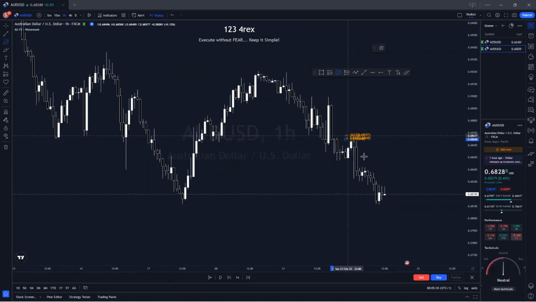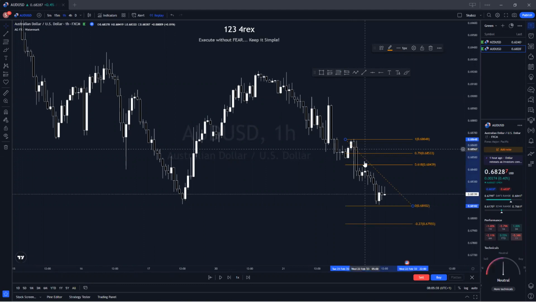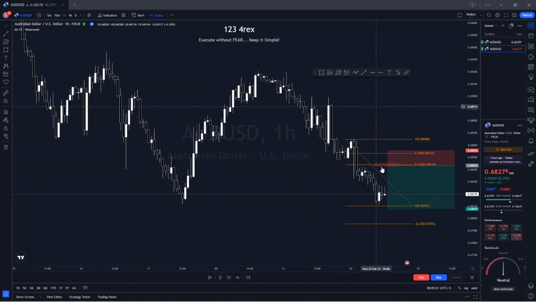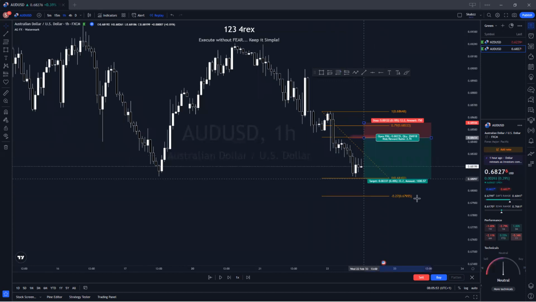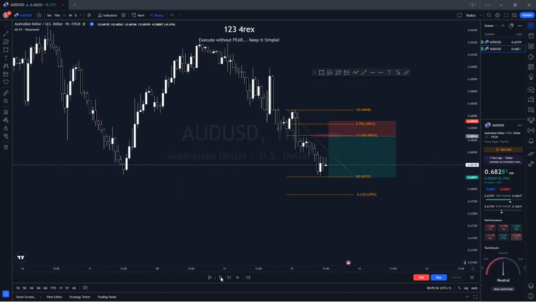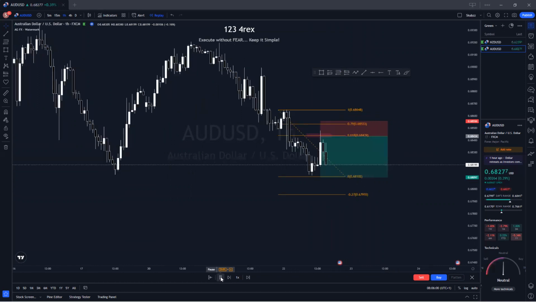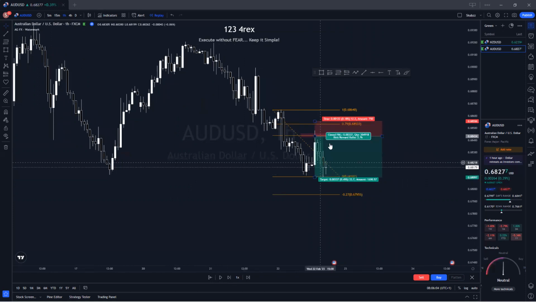We dropped our Fibonacci from here to here, and where we were looking out for was around here, around the 0.618. And look what we had. Price came, tapped it, and this was the trade we had on AED USD yesterday. Price came, activated it, and then we hit TP in like 3 hours.